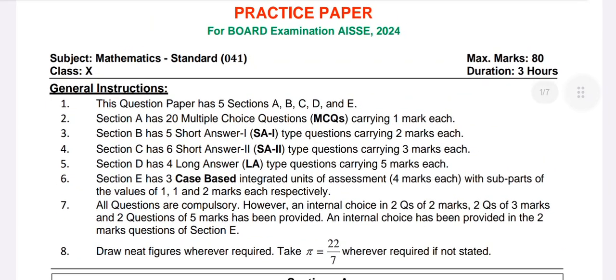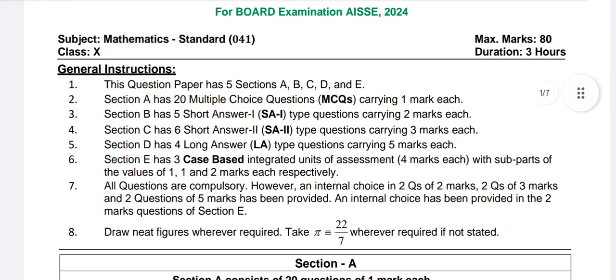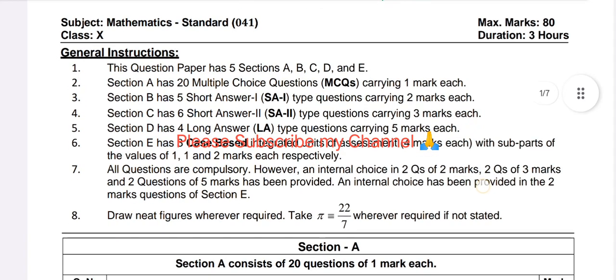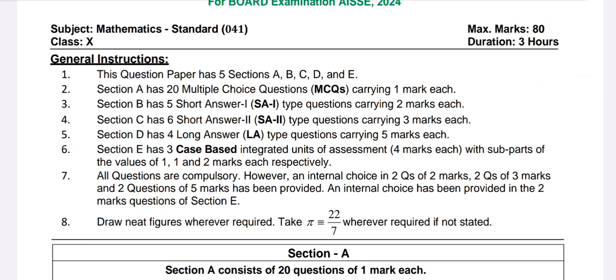As you see, it's already mentioned in the general instructions that the question paper has a total of 5 sections: A, B, C, D, E. Section A has 20 questions, all MCQs. Section B has 5 short answer type questions carrying 2 marks. Section C also has 6 short answer type questions carrying 3 marks. Section D has 4 long answer type questions carrying 5 marks,